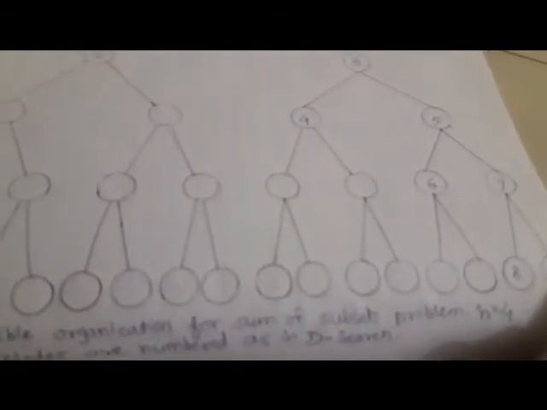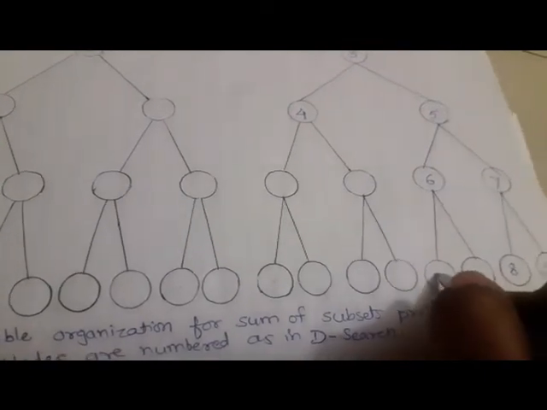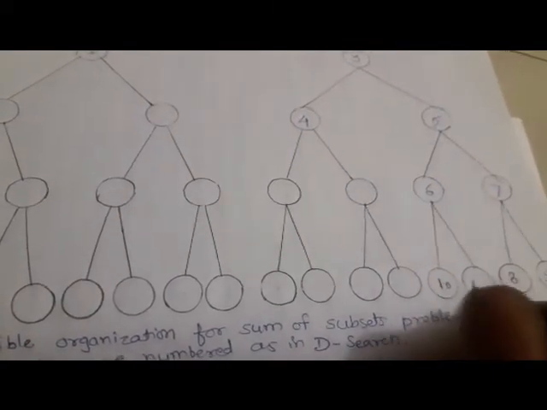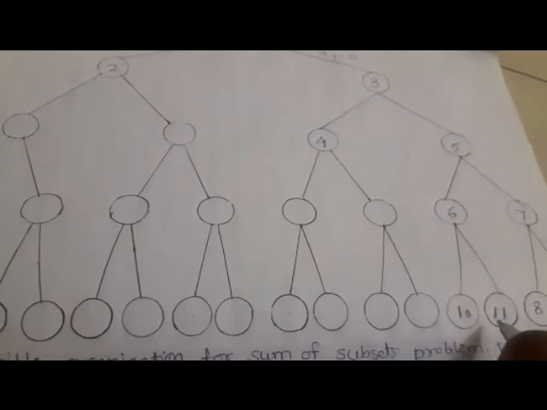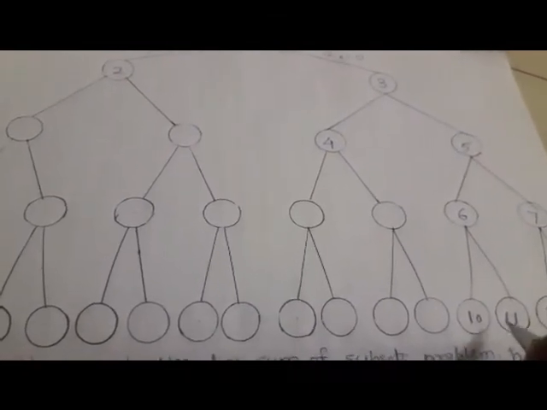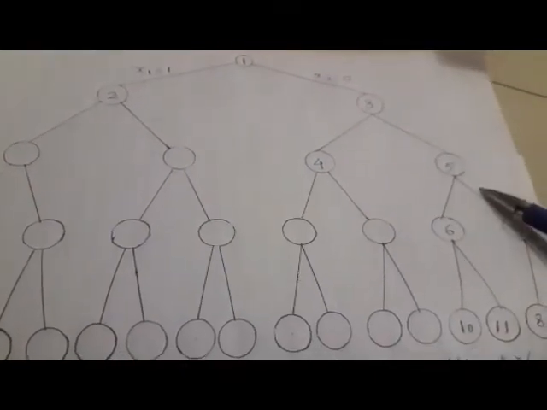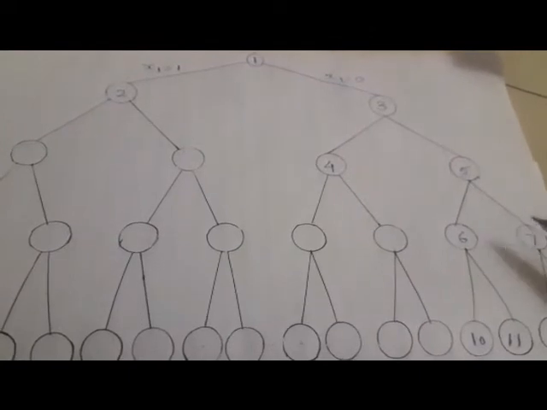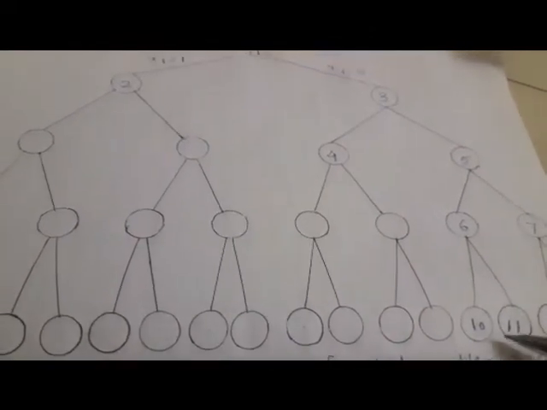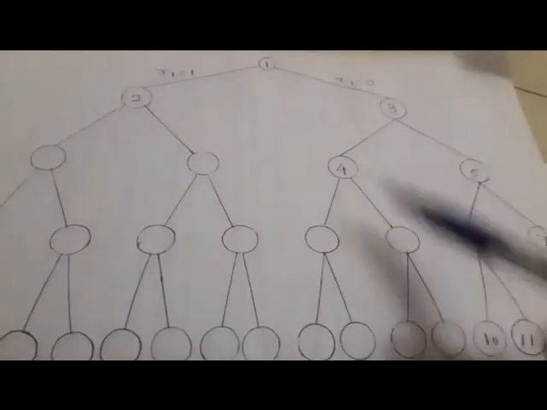In the same way, after this 9, we give the numbering for the 6. So for 6 after 9, it will be 10 and 11. These are the numbering according to the stack, that is last in first out principle. Now the 5's all the child are given the number, and therefore we give the number to 4th child, the node 4th child.